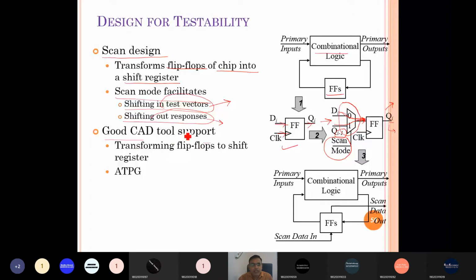Good CAD tools are available which can automatically transform the flip-flops into the shift register, meaning the scannable flip-flop, as well as the ATPG, automatic test pattern generator, that can generate the test vector to set the internal node of a scannable DFT design.